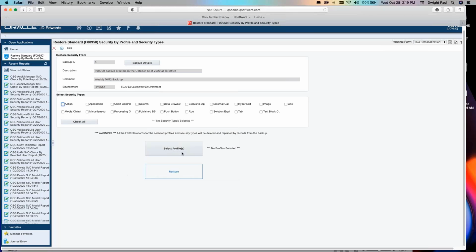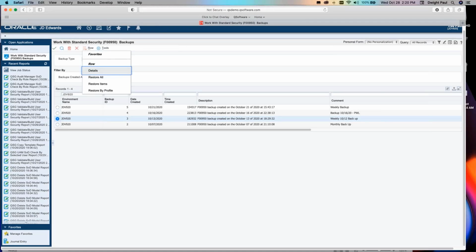So this is a really powerful tool. It makes making backups and restoring things a lot easier. You don't have to go to your DBA. This is in seconds, not waiting hours based on requests that you have to put into your IT group. So let's look at some of the other things on the row menu here